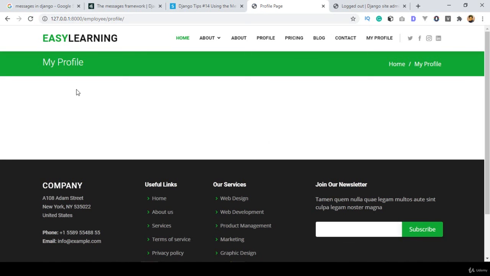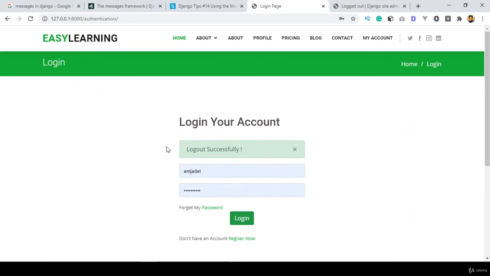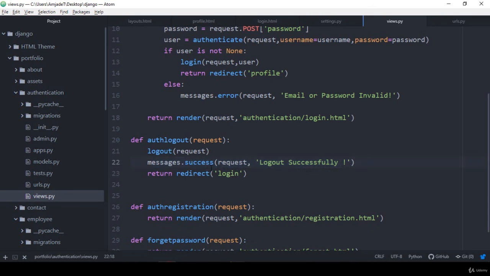If you click refresh, and click log out. Yes, now you can see friend, it's showing our message as logout successfully. And here I used our success tag. You can see now it's perfectly visible. I hope you like it very much. So now if you want to use some alerts, you can use alerts in Django, that means the alert message. So that's all you have to do.